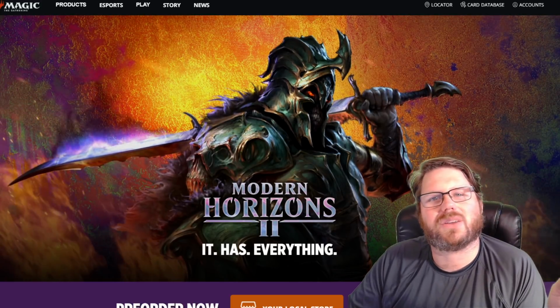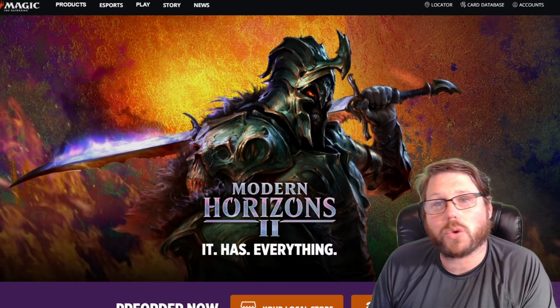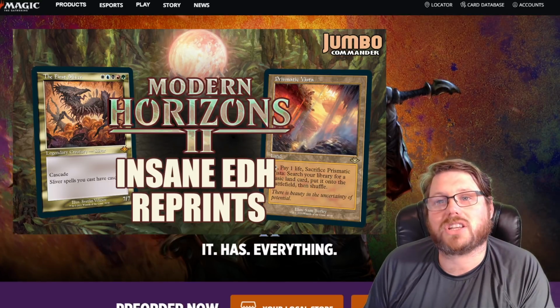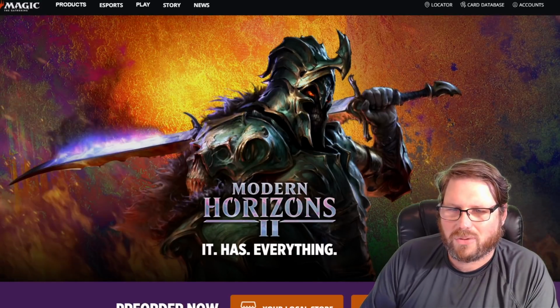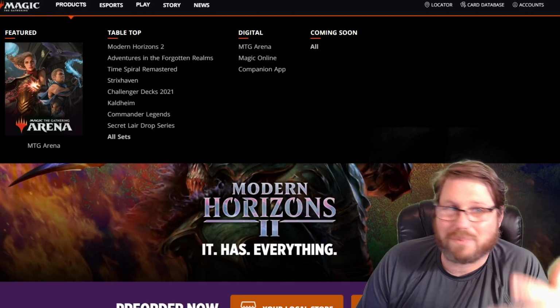Today I want to take a look at the reprints from Modern Horizons 2. There are some good ones. If you're interested in the old border reprints from Modern Horizons 1, check out a different video that I did. They're amazing too. If you're interested in all the new cards, head on over to the Command Zone podcast where Jimmy Wong and I are going to talk about all of the new cards. But right now, there's some great reprints. Let's talk about the 10 best reprints from Modern Horizons 2 so you can pick them up and put them